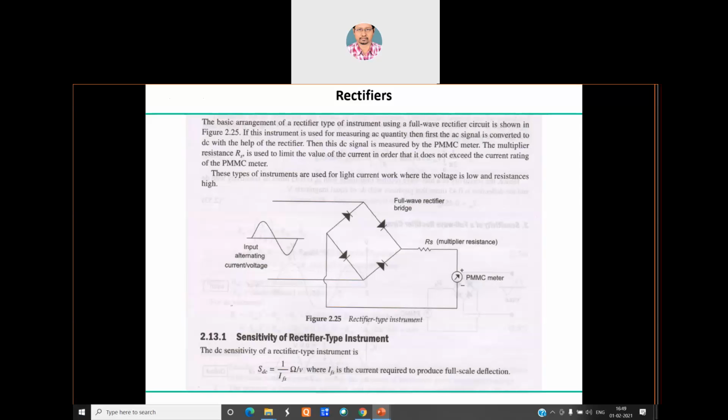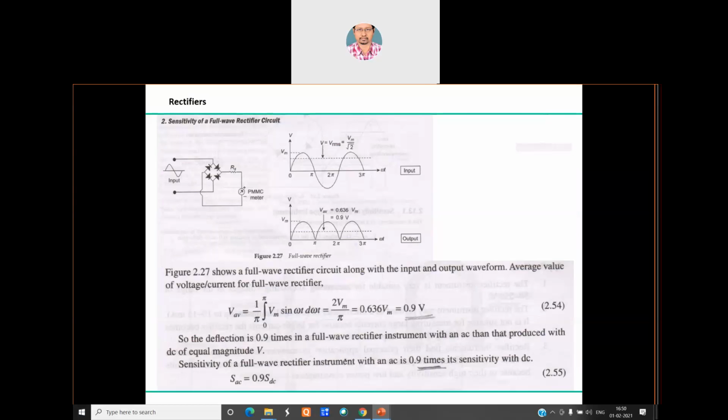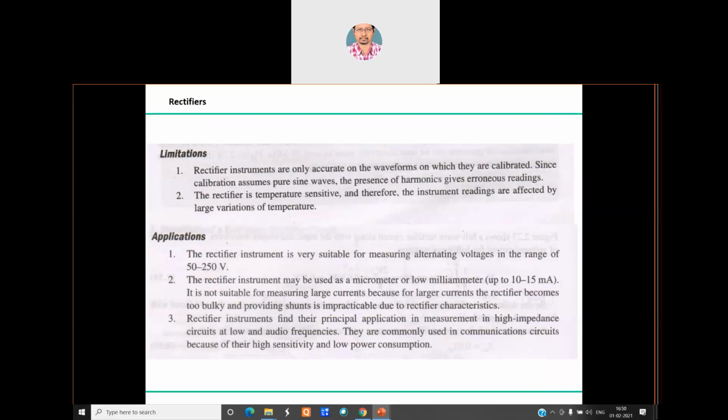Clear? So what solution can you have? You can use a full wave rectifier rather than a half wave rectifier. Because if you use a full wave rectifier, then obviously your efficiency will increase to around 2 times, rather than the 45% of the half wave rectifier. You can check it. And from an examination point of view, these things can be asked. Otherwise, if it is beyond your syllabus, obviously I'm not going to ask. So I've attached it here. Just check it out through that.